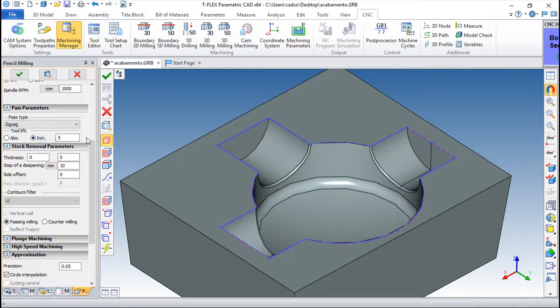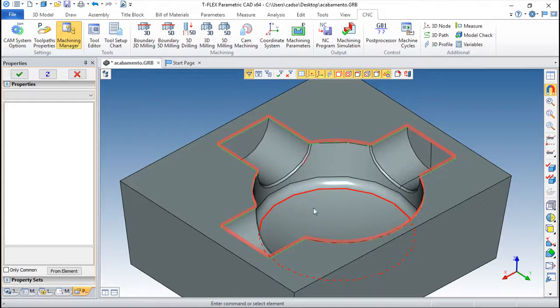Tool lift, again incremental, and I have this parameter where we inform the system about the possibility to make this toolpath in different layers. So I can say this is the entry material and this is the exit material. The idea is, if I say starting, I have 5 millimeters of material, and in the end I will have 0 material. So in each layer I will have 1 millimeter, and if I say calculate, as you can